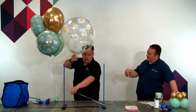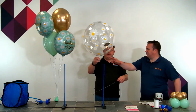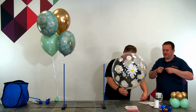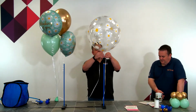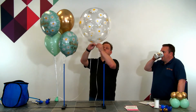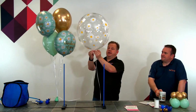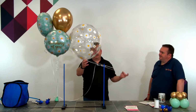The other thing as well is when you're going to do this technique, you don't want any of the helium to create a bit of a bubble in this section, which is going to give you a bit of a challenge for tying. So I'm going to go all the way up to my S mark on here, and then we shall roll up the neck like we just did on the foils. So rolling that all the way up as far as we can, and then fold that over, and we tie with our first